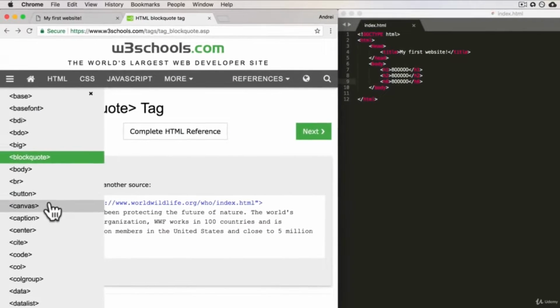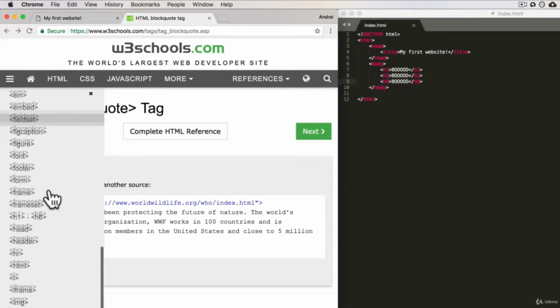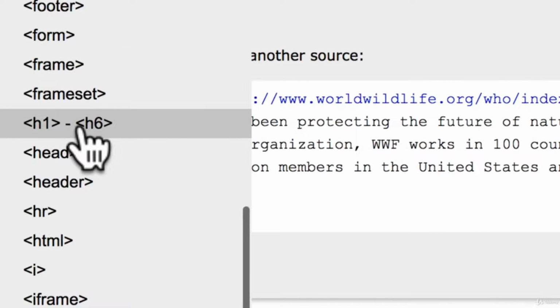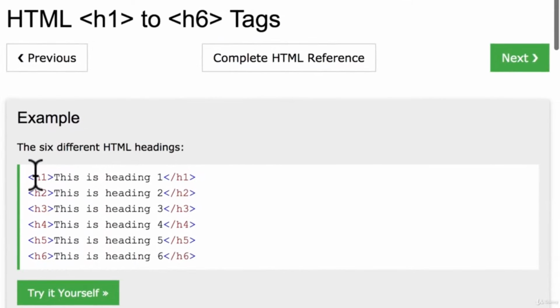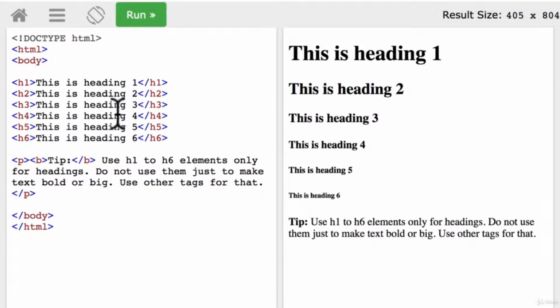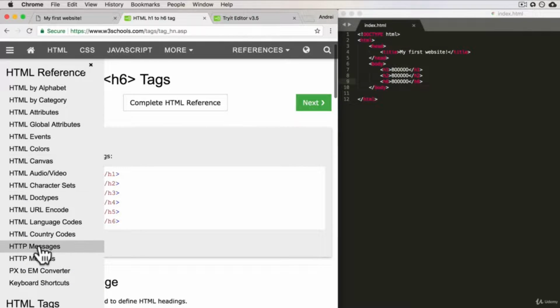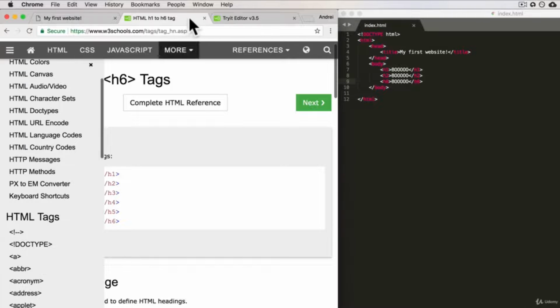And again, if I scroll through W3Schools and go to the H, you see over here that the header tags are explained. This website is really, really cool because you can click on try it yourself and play around with different things. Click run and it changes it for you. So again, this is a really good website for you to get familiar with all the tags. But again, we're going to stick to